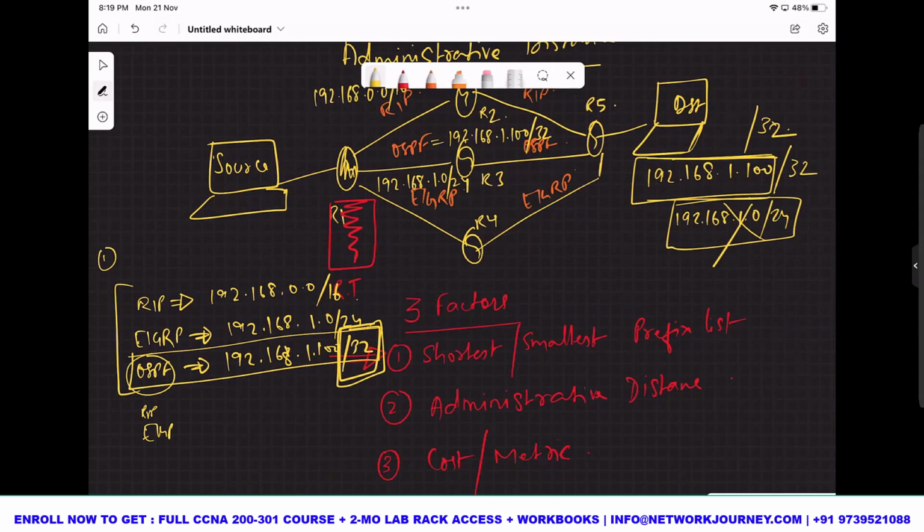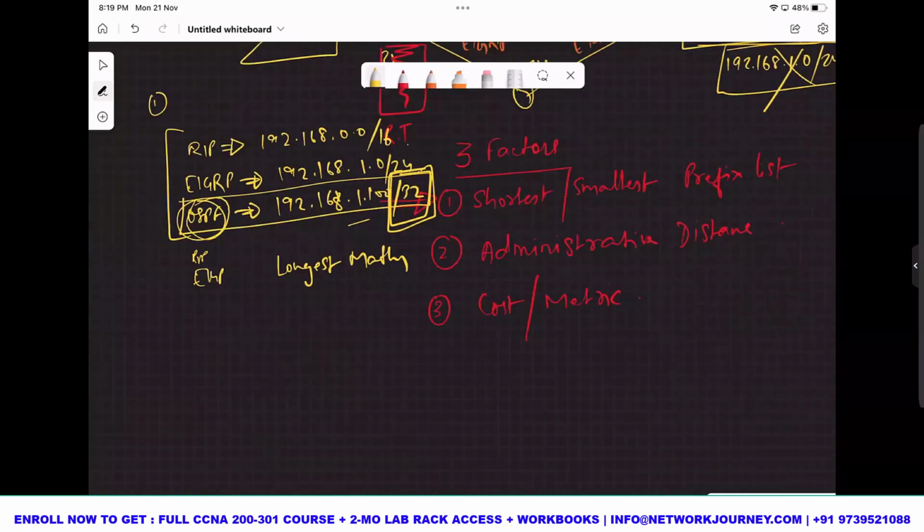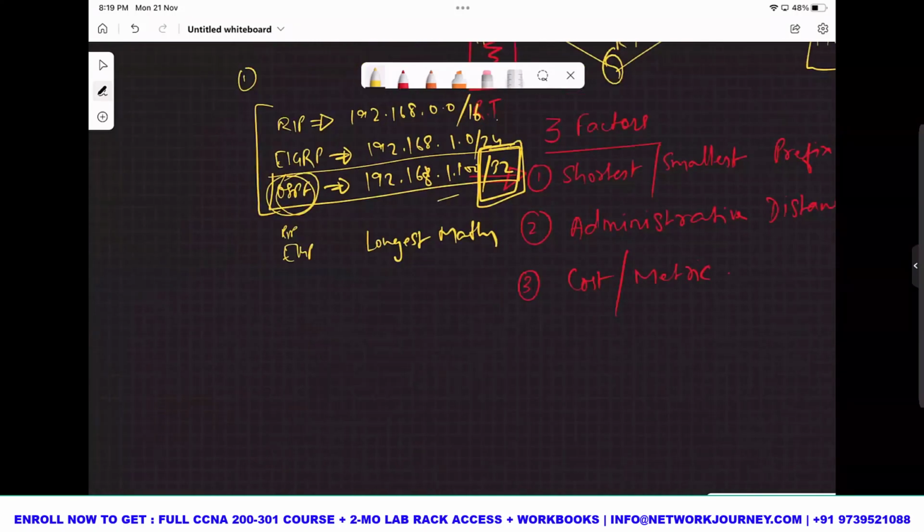So out of the three paths, my OSPF protocol has the smallest prefix, or this is also called the longest match. How is the longest match counted? You need to expand it. So let's say if I have 192.168.0.0/16,